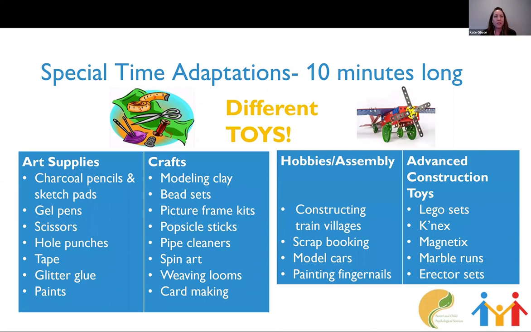So in terms of the length of special time, 5 minutes is just too short for kids this age. So we are adapting it to be 10 minutes long. It allows the interaction to feel more authentic and not too prematurely terminated or interrupted. So the types of toys also are going to take a little longer to make progress on and get done with. There might be a lot more project-based or craft type things. So you can see that the types of toys are broken up into different categories.